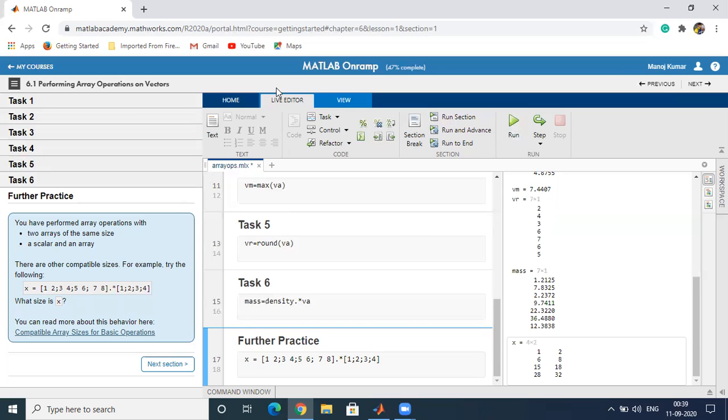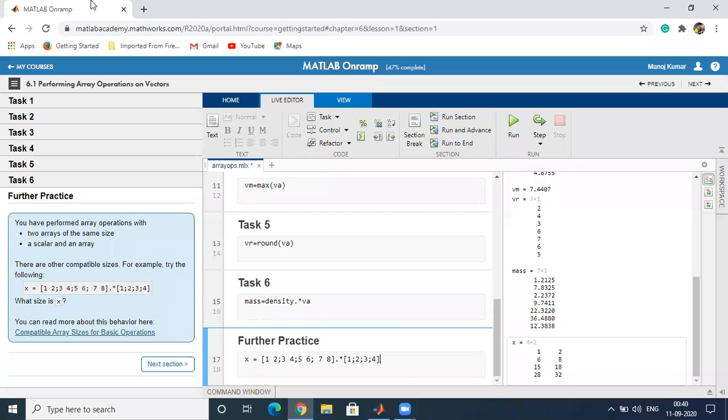You can see here X was a 4 by 2 matrix whose first column vector is 1 3 5 7. The second column vector was 2 4 6 8, and we are multiplying this matrix component wise with the column vector 1 2 3 4.